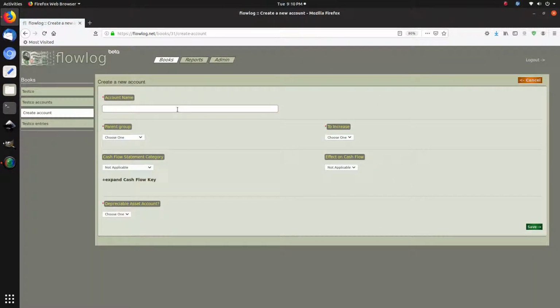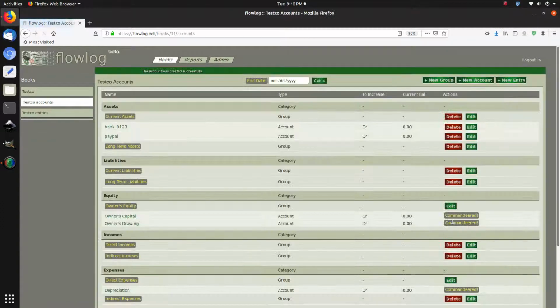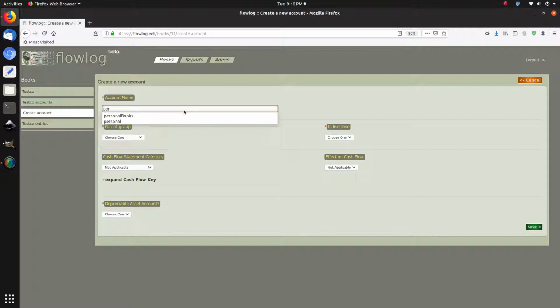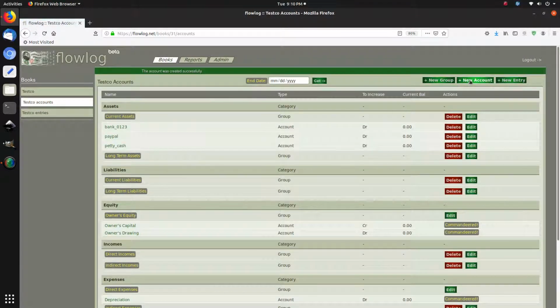We'll go and create our PayPal account. Current assets, debit, no. Petty cash account, supplies inventory,